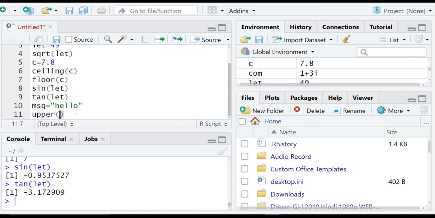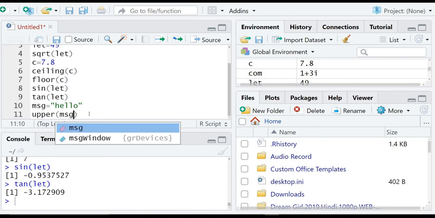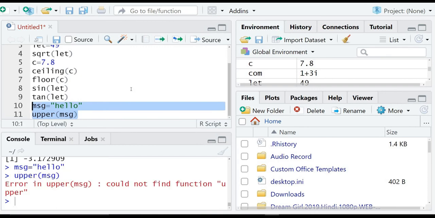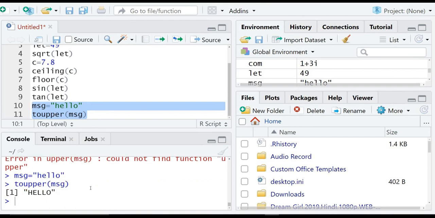So upper, and just put msg over here, and now if we run this, it says could not find function upper. Sorry, we have to use toupper. So now it will not give any error. Now let me execute this, and you can see that it has been converted into uppercase.